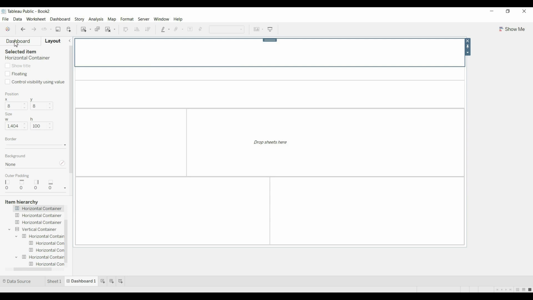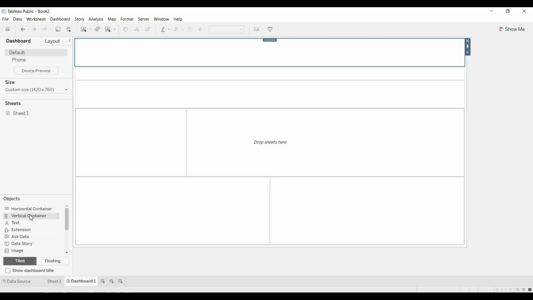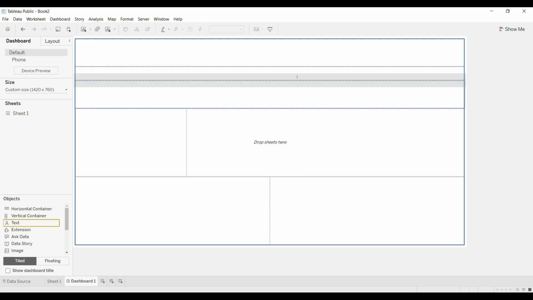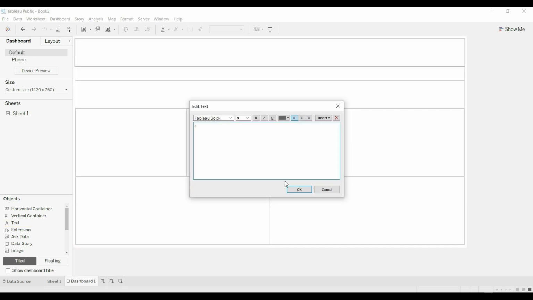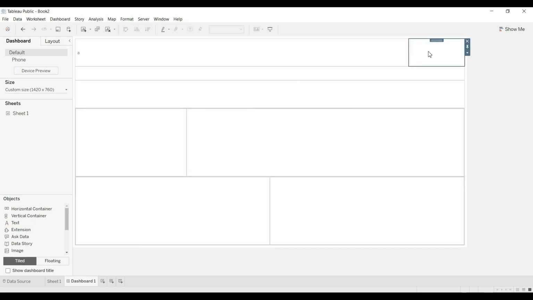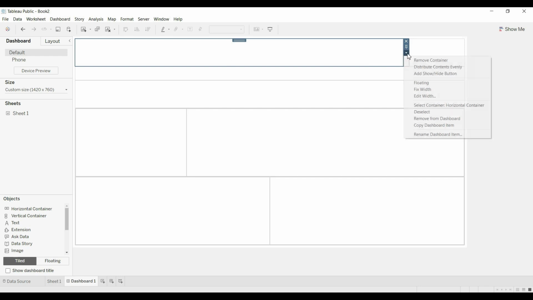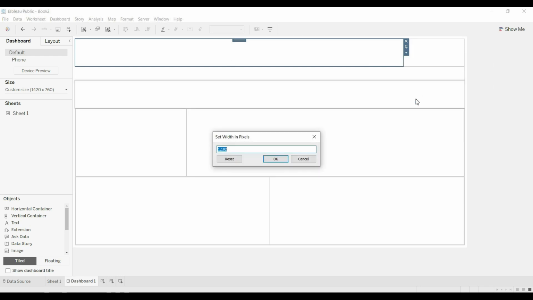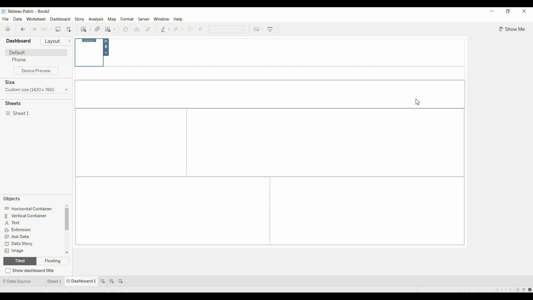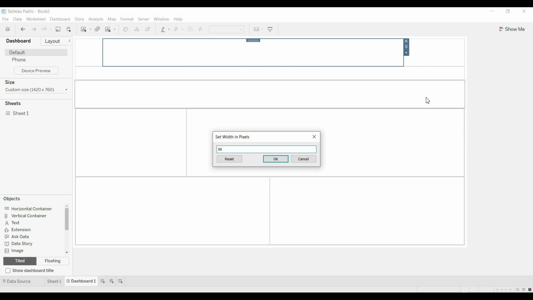Also in the top section, let me just add some containers so that we can add objects there. Let me put a text. This will be for the date refresh. Then on the left hand side we can place some space, and we can give it a width of around 100, where we can have an icon for the client, and here we can have an I button, suppose 15.